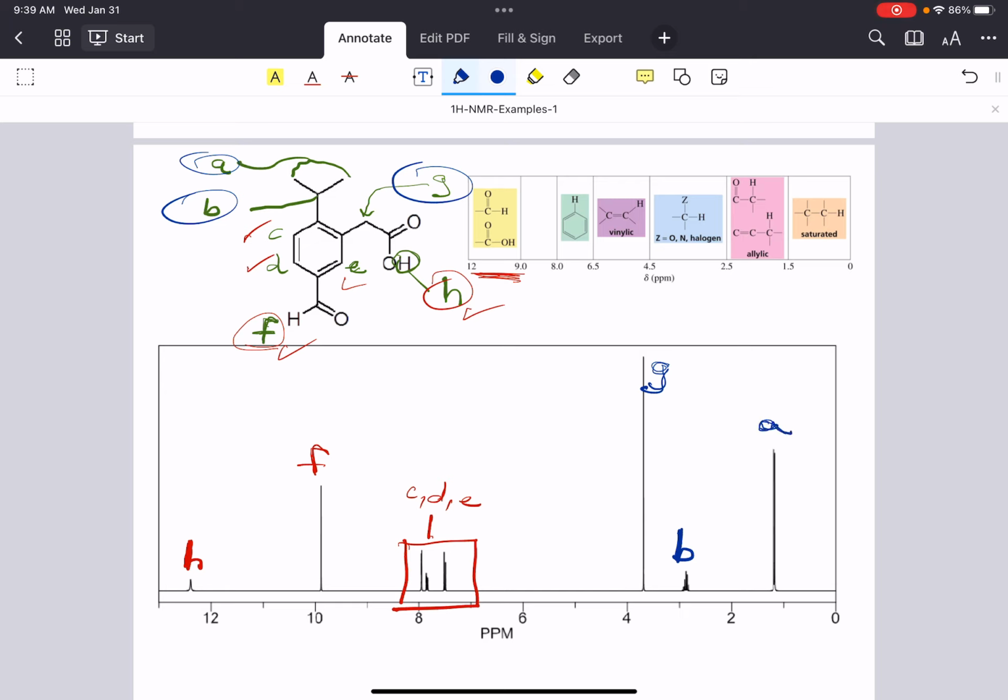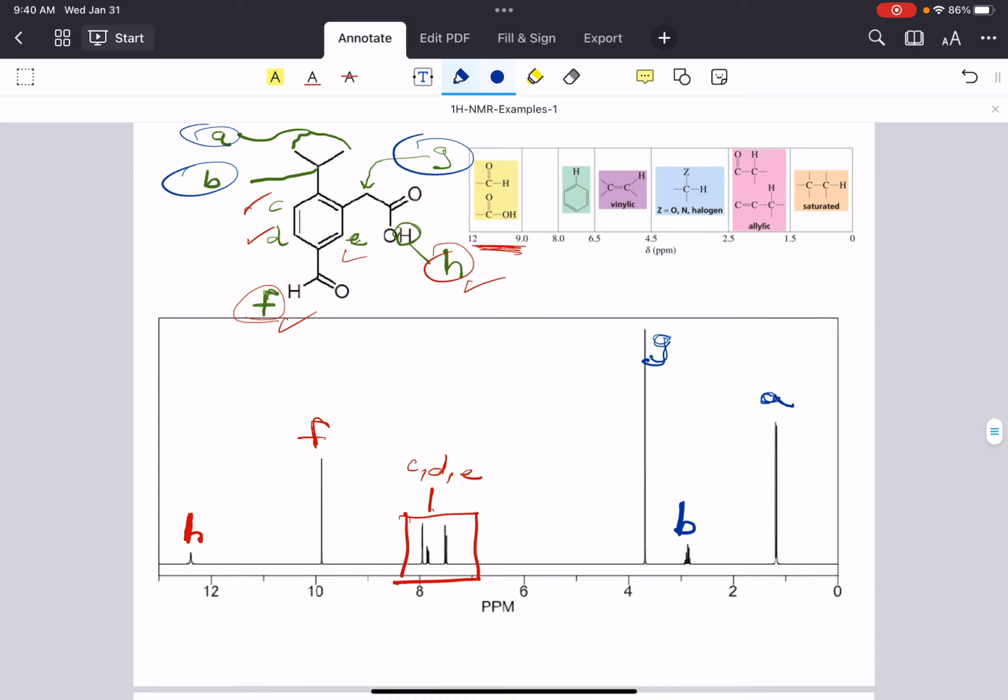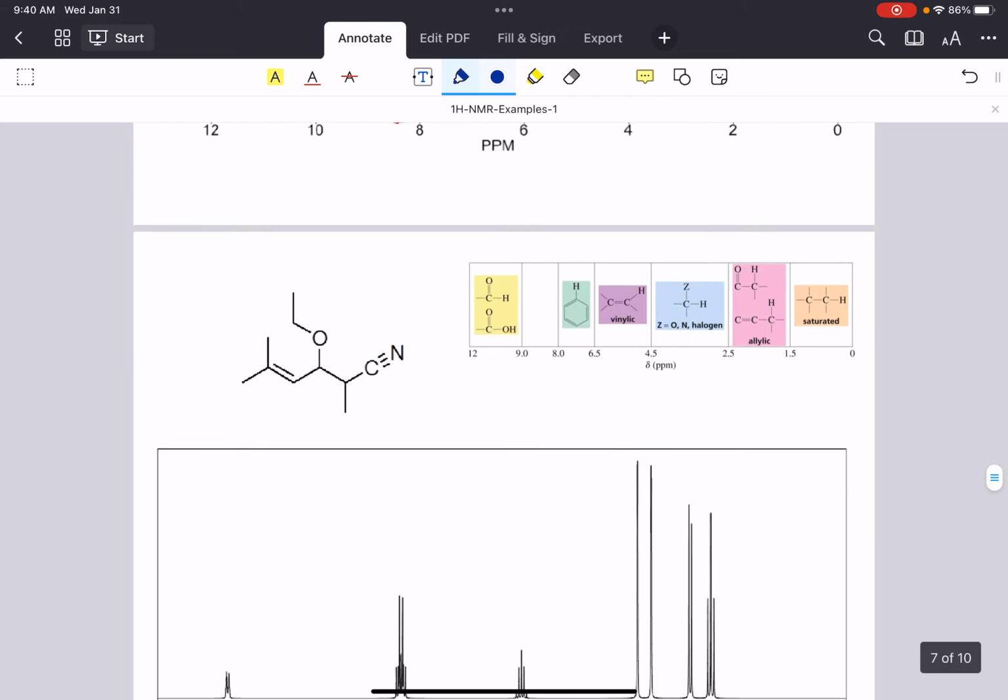So in this case, we really had to rely a little bit more on the chemical shift of the sample rather than splitting pattern, because a lot of this molecule has very simple splitting pattern. If we move on to the next one, this is one where we'll